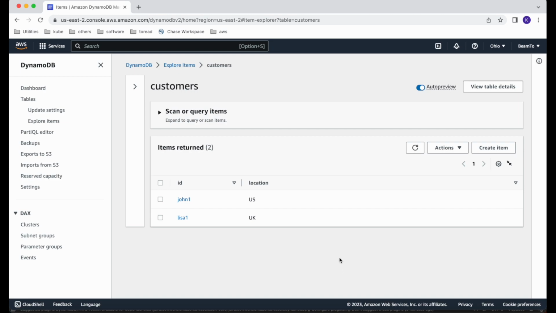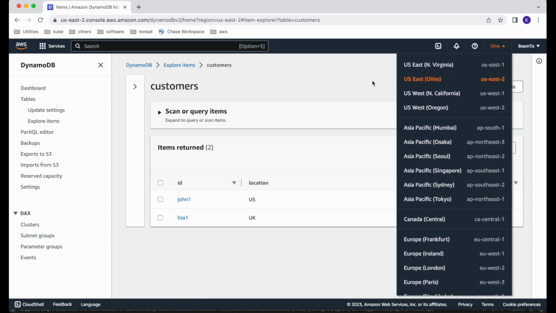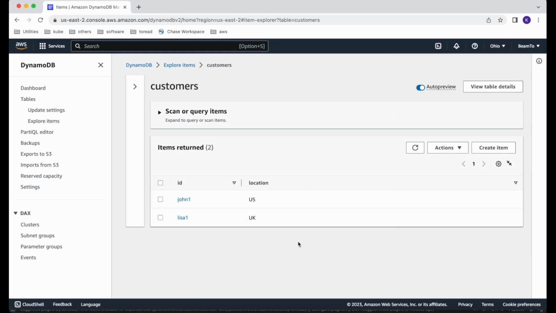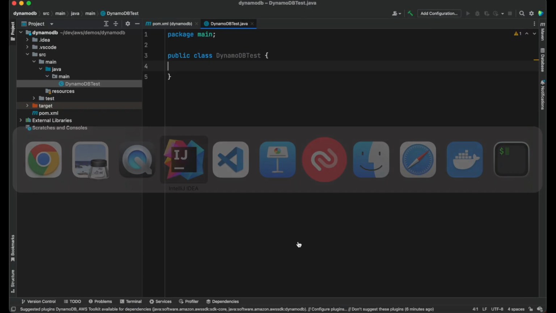So let's look at the table that we have created for this particular demo. We have a table called customers. It has a couple of rows, a couple of items. One is John 1, location is US. The other one is Lisa 1 for the ID, and then location is UK. This demo table is available in Ohio, which is the US East 2 region. So let's look at a way to insert items into this customers DynamoDB table. I'm going to switch over to my IntelliJ